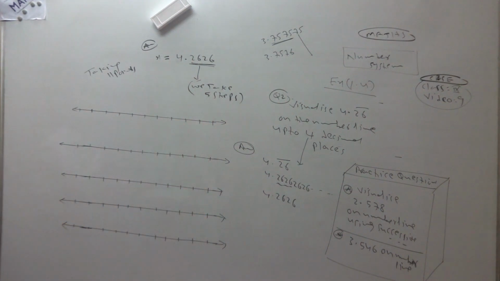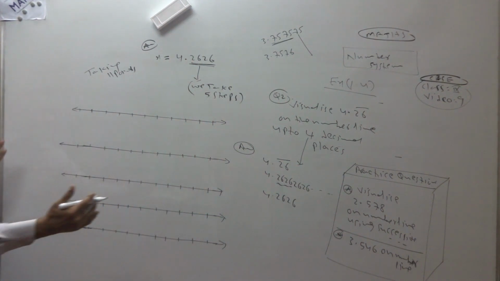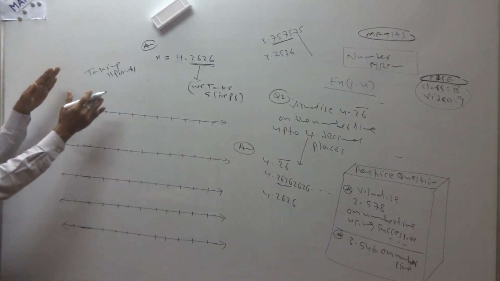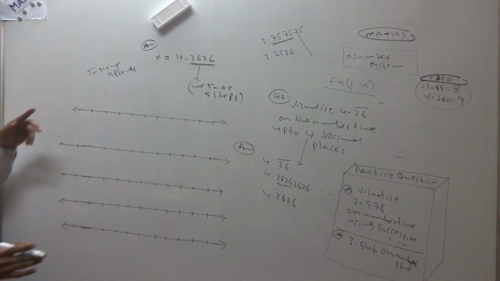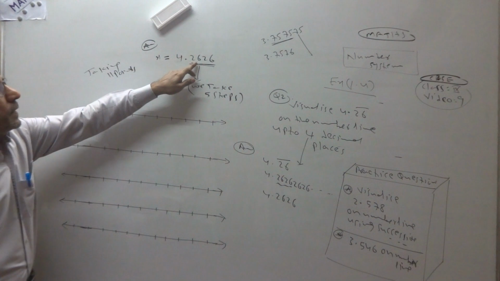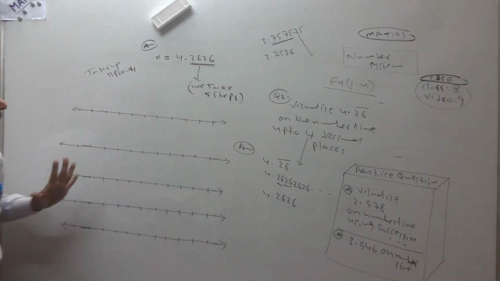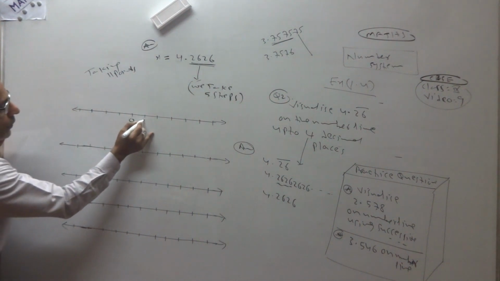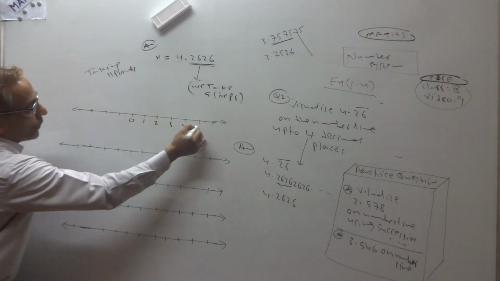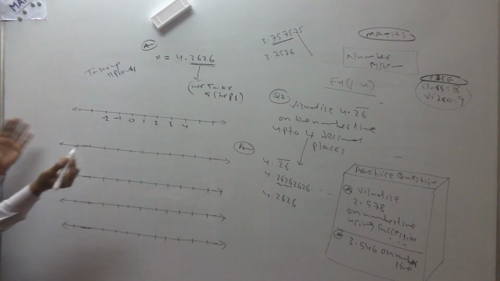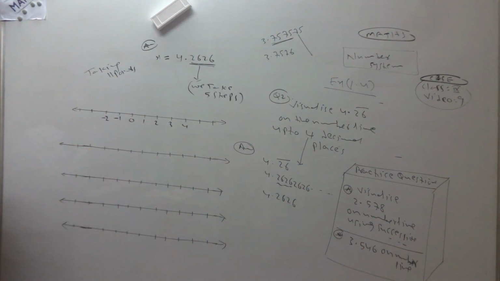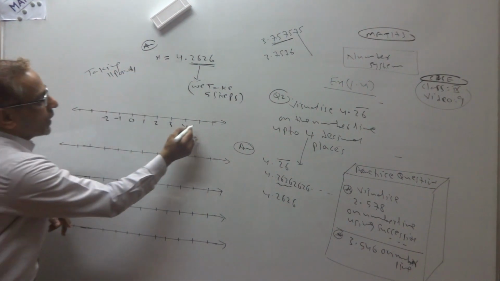So each line, how many do you have to take? 11. First you make this framework. This framework you have to do first. After the decimal, 4 places, so 5 steps. I wrote here, we take 5 steps. So 0, 1, 2, 3, 4, 5, minus 1, minus 2. This is the number line. Yeah, now 5 also I take.